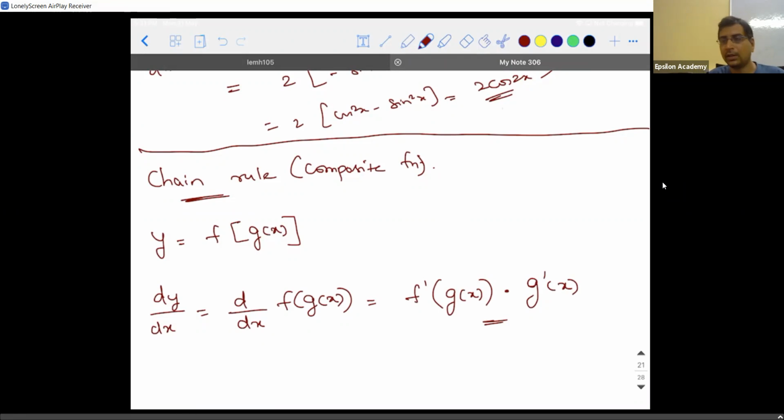What I'm trying to say is, you will differentiate f and write it as f dash. But what is the value you are supposed to write in the place of x? Are you going to write it as f dash of x? No. You will write it as f dash of g of x into the derivative of the function which is there inside f. Let me prove it with an example. This is a basic formula, nothing else outside this. If three functions come, I'll tell you how to handle it. But have this basic thing in your mind. If you're clear with this, I'll proceed.